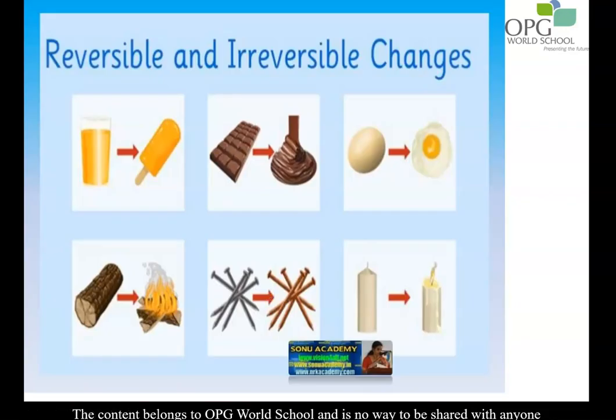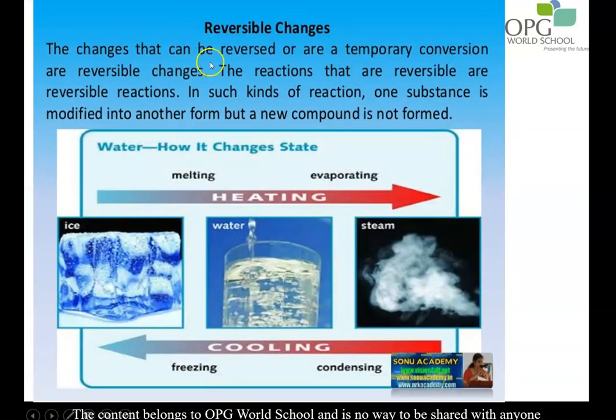There are mainly two categories of changes: reversible and irreversible changes. Let us try and understand what are the main differences between them. The changes that can be reversed, that means they are temporary. They are the reversible changes. So they are also called as reversible reactions. These reactions happen temporarily. That means one substance will be modified into another form, but no new substance will be